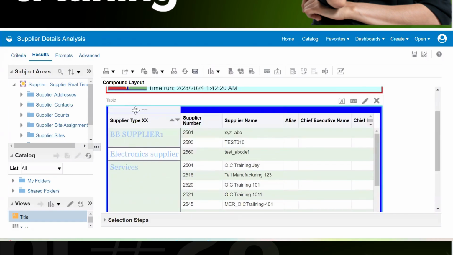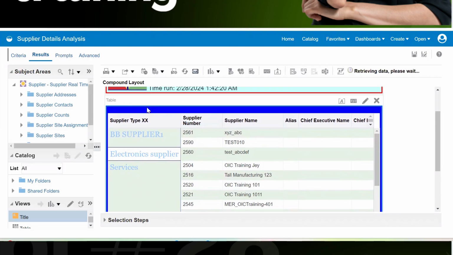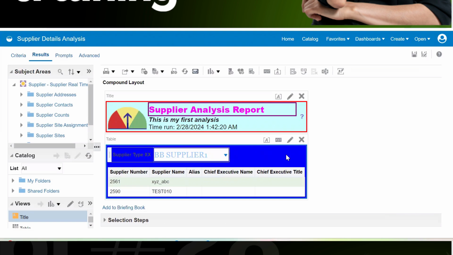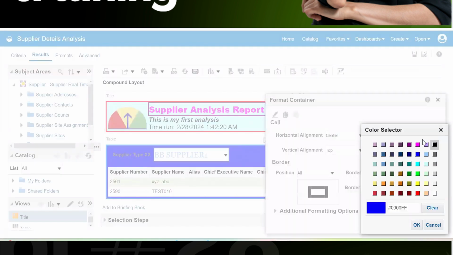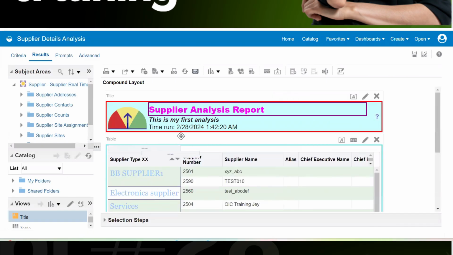Usually it will happen, but since this is cloud based, sometimes those sections will not be displayed. See here, because of the blue color, some sections are coming: table, prompt and section. You will go to the table prompt and drop this column into the table prompt. Let me remove the properties here. Let's make it white. I don't want this to be here. I want this to be in the table only. Again, I want this to be moved from outside and dropped into the table prompt. So I dropped it into the table prompt.